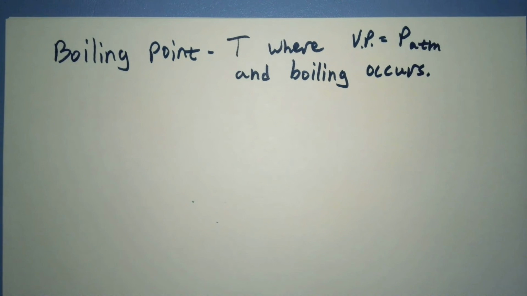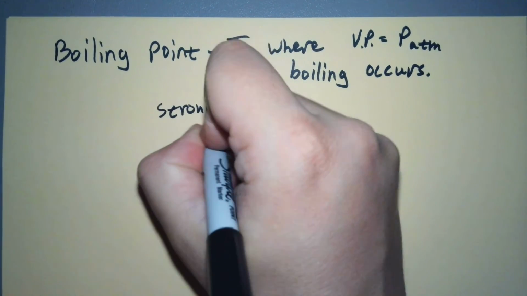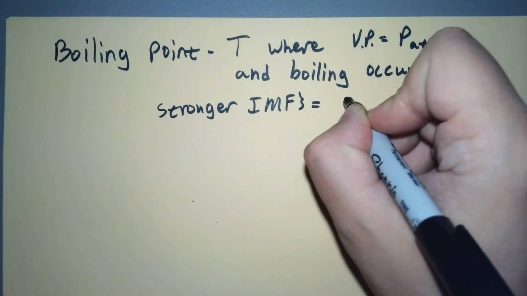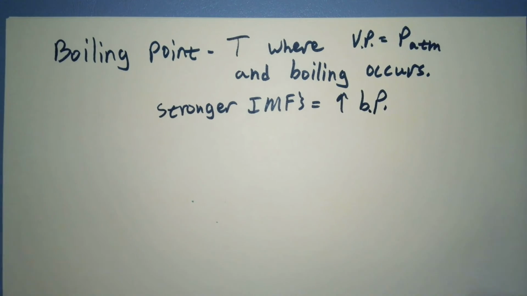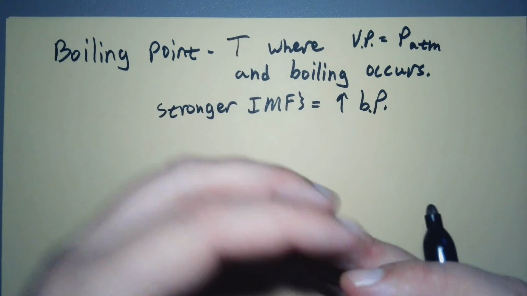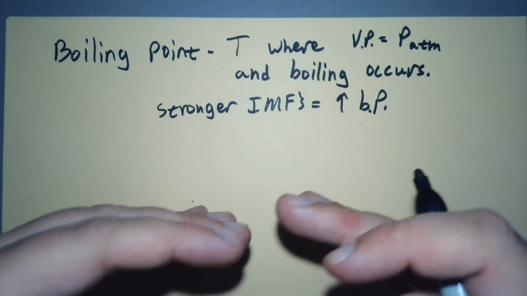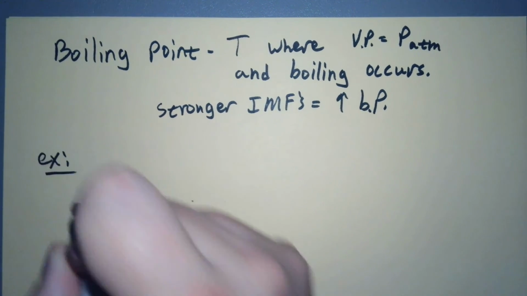Alright, so what does this mean? Well, stronger intermolecular forces equals a higher boiling point. You have to put more heat in to overcome the molecules holding it back. Well, more heat means higher temperature, and so the boiling occurs at a higher temperature. So stronger intermolecular forces, higher temperature for the boiling point, for all the reasons we talked about before. And again, as an example, in case you're curious,